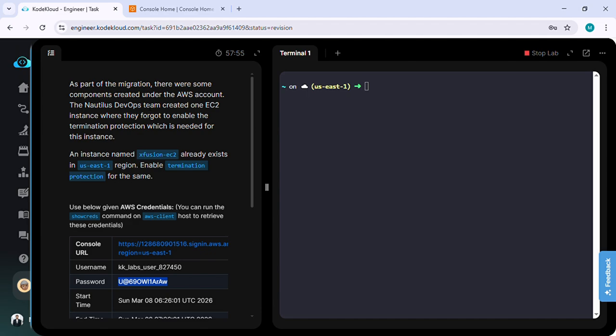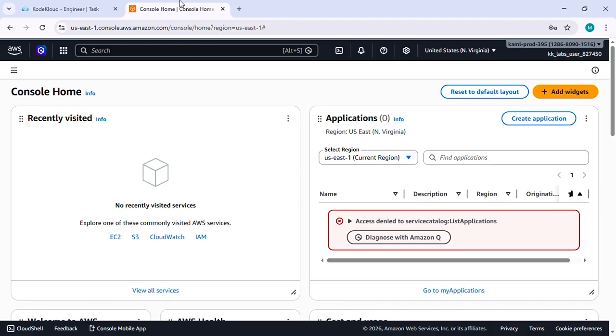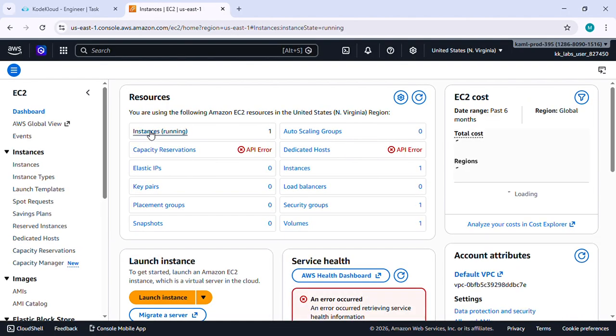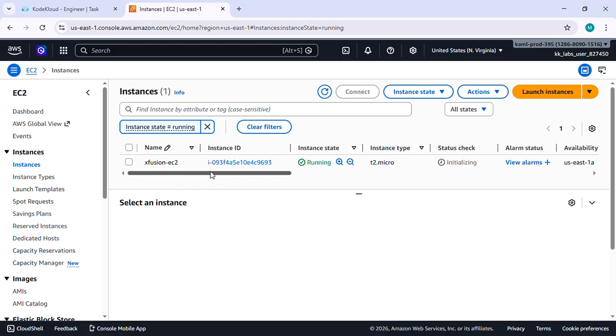So for this, let's log into AWS console via given credentials. After login, go to EC2 dashboard, click on this. And let's verify our instance. So this is the instance named xfusion EC2 and we need to